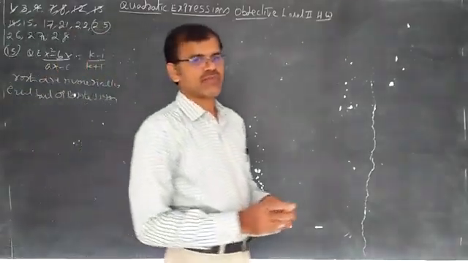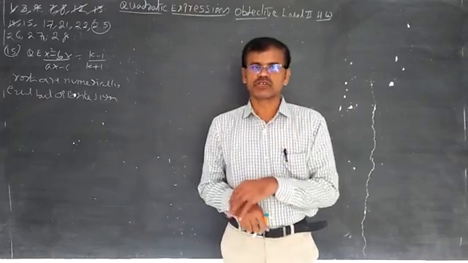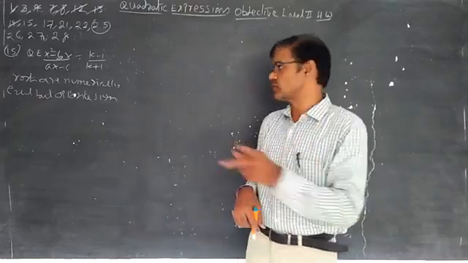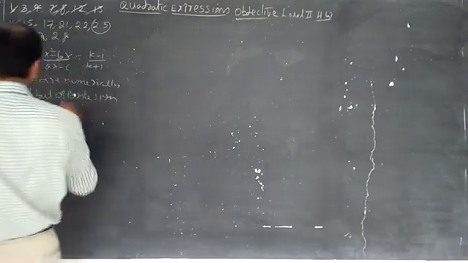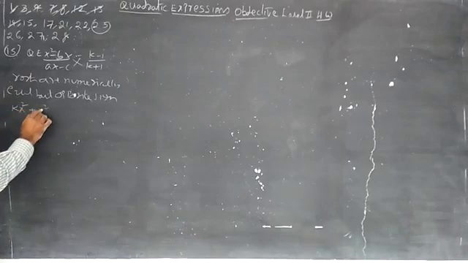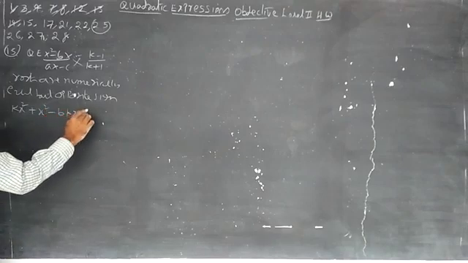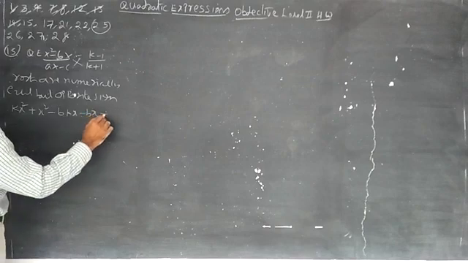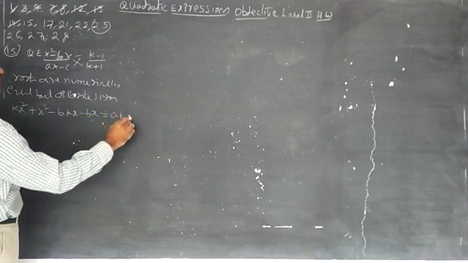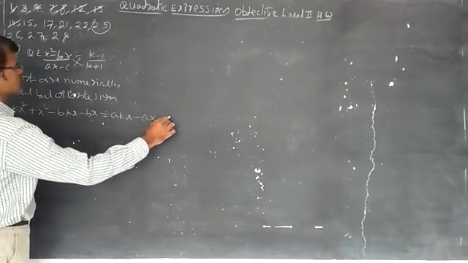So if one root is alpha and the other root is minus alpha, then alpha minus alpha becomes 0. It means the sum of the two roots is 0. That is the condition of this quadratic equation. By cross multiplication we get kx² + x² − bkx − bx = akx − ax − ck + c.